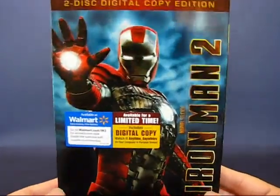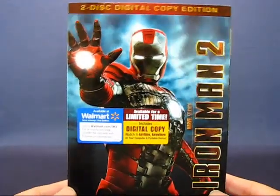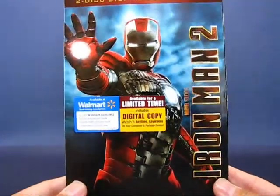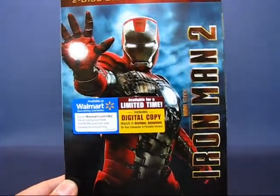And last week was the premiere release on home video of Iron Man 2. So I decided to go ahead and pick up this one at Walmart as well. This was, I think, on sale for $20. It was originally like $24, I think. Or yeah, it was $24 and reduced down to $20. And this is where